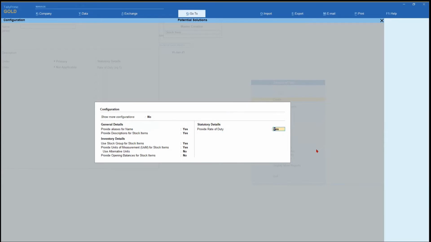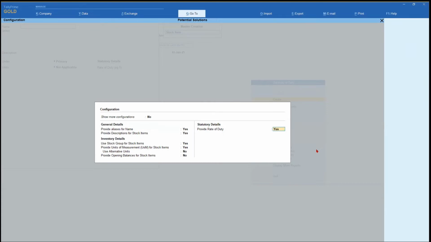Supposing, let us say, all of you know that Tally provides statutory and taxation compliance where the GST module is provided in Tally, which is very comprehensive. And if a person is using the GST module in Tally, then they can set up the GST rate and other things as per the configuration required for the GST module.